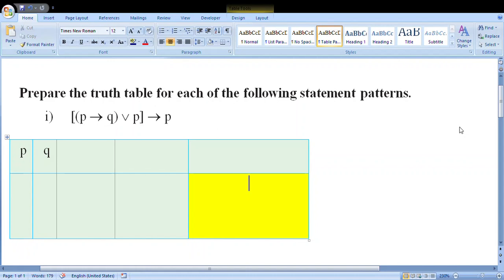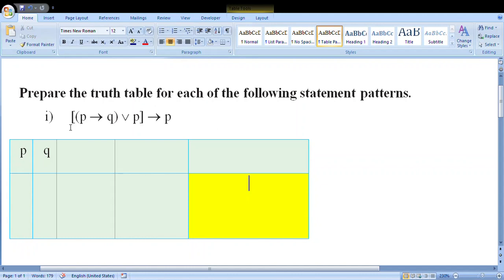Hello student, we already discussed the types of statements, symbols, and how to find the truth value using the rules of statements, that is disjunction, conjunction, implication and double implication. Now today we discuss one of the most important topics, that is preparation of a truth table. This is quite an interesting part to study because the actual work is done in this process. Now, let us start directly with a problem.